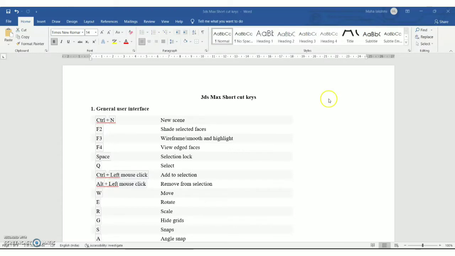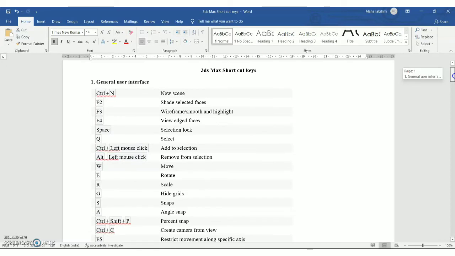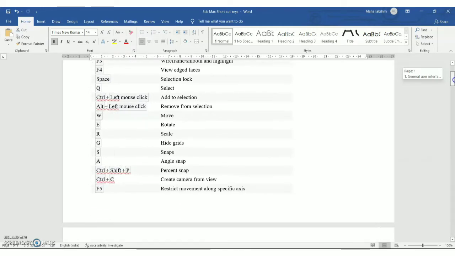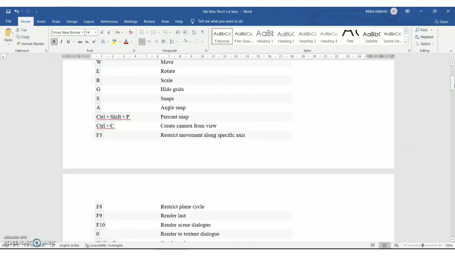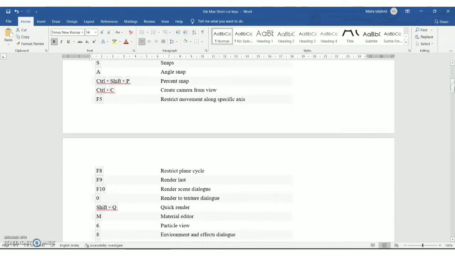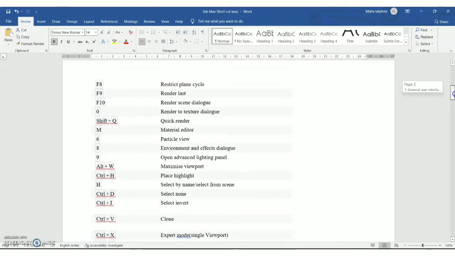In today's vlog, we will be looking at the main 3ds Max shortcut keys, which are generally used either to create an animation or to create whatever objects we are going to work on with this particular software called 3ds Max. The first thing will be general user interface, as the name itself lets you know, these are the general shortcut keys which are mainly used to create a rotation tool, or when you are going to use a move tool. These are the basic functions which you will be using continuously in order to create an animation.